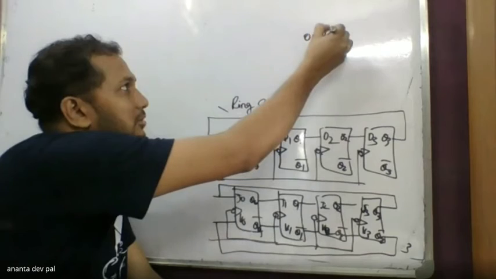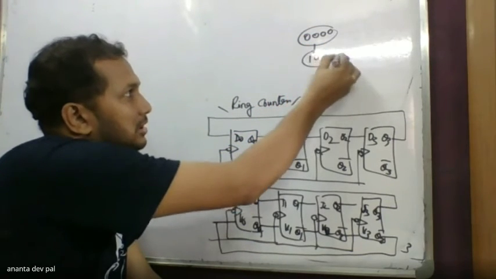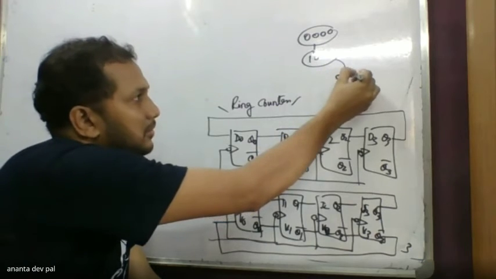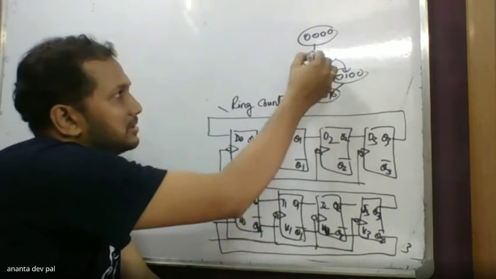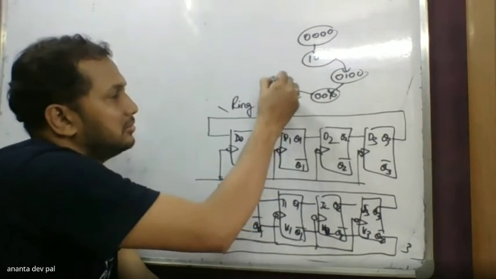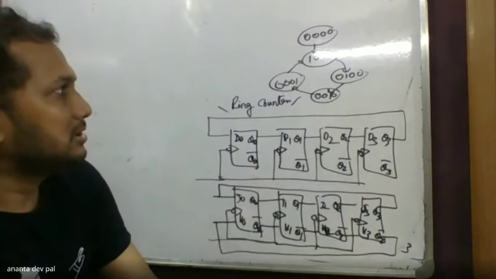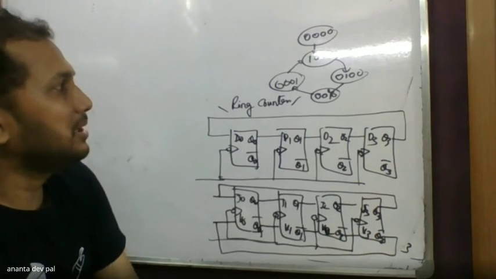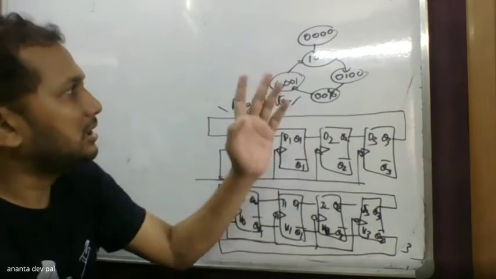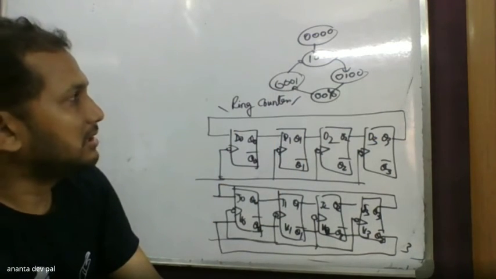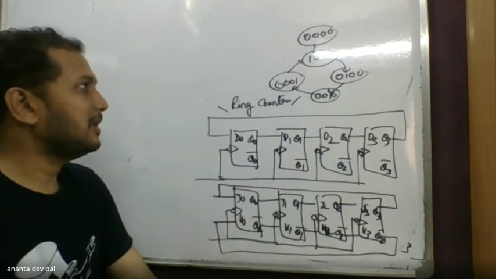Initially 0 0 0 0, then it is 1 0 0 0, then the one moves to the next flip flop, the next one moves to the third flip flop, first, second, third, and then 0 0 0 1, and finally the one comes back to the first. So this is the concept of the one moving from the first flip flop to the second, second to third, and so on. So this is the state table, and the sequence diagram can be easily constructed, as well as the timing diagram. So this is the ring counter.